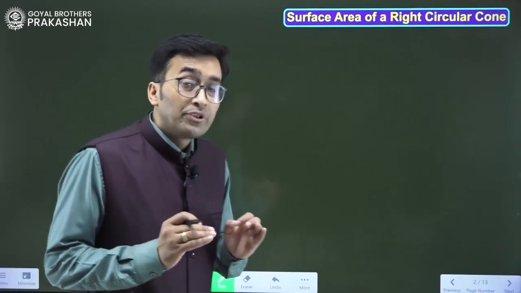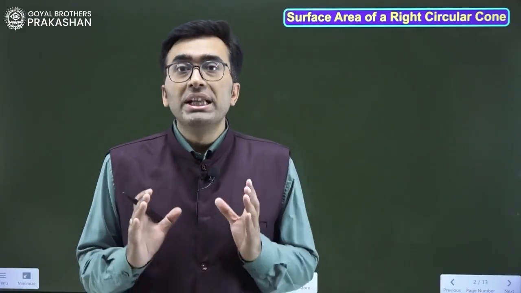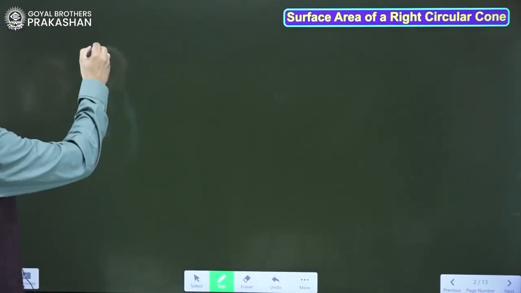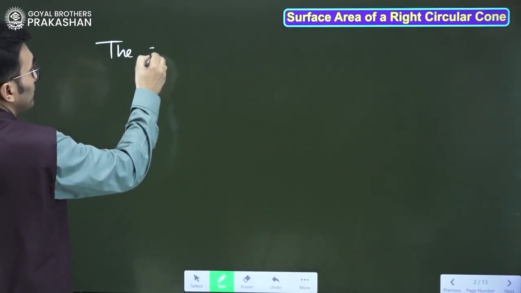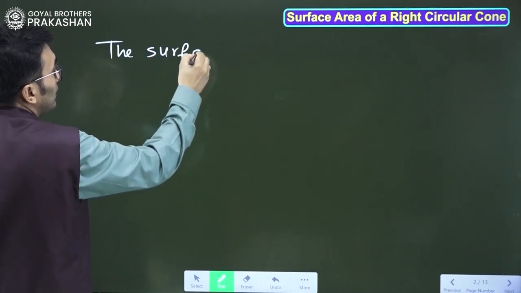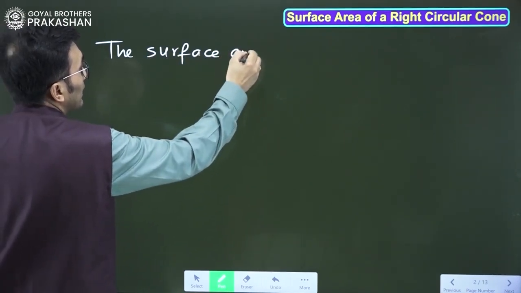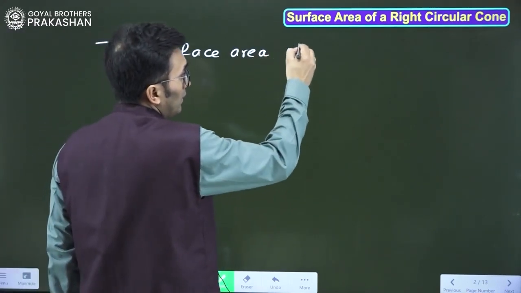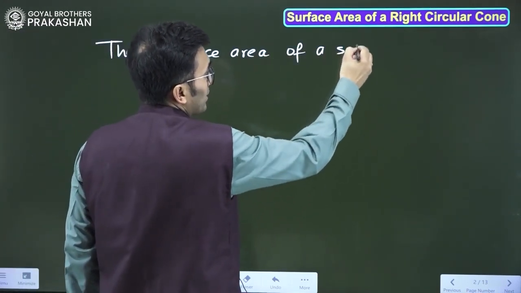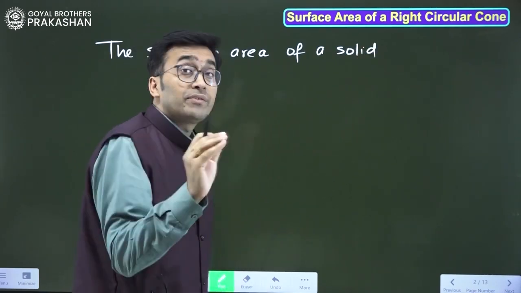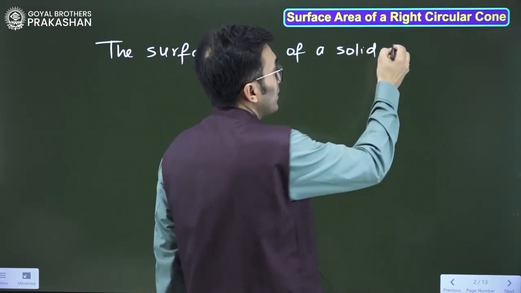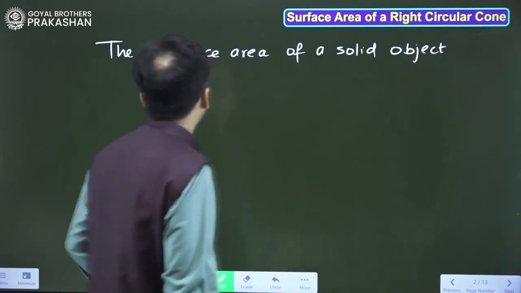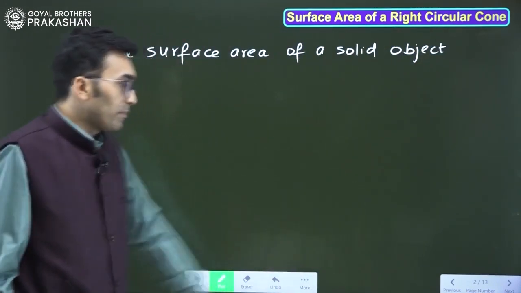In this chapter, we are going to discuss the 3D shapes. So, for a 3D shape, the surface area of a solid object. Solid object means we are talking about a 3D shape. So, the surface area of a solid object is a